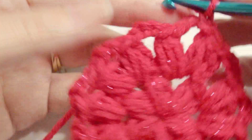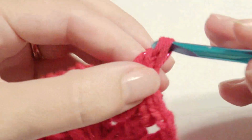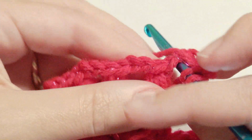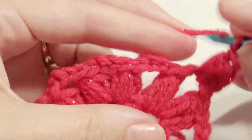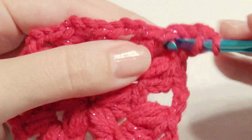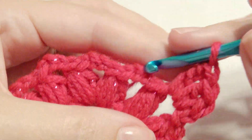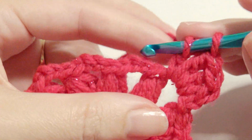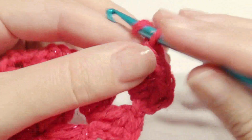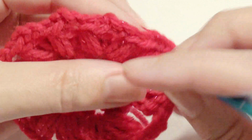Then chain 1, and then double crochet 4 times. So yarn over, insert the hook, grab the yarn, pull through 2 loops, and then pull through 2 loops. And then repeat 3 more times. And then you're going to chain 3. Then work 4 double crochet,